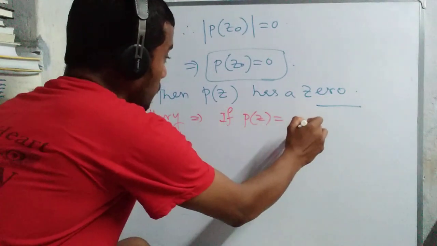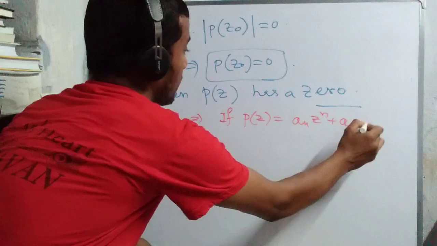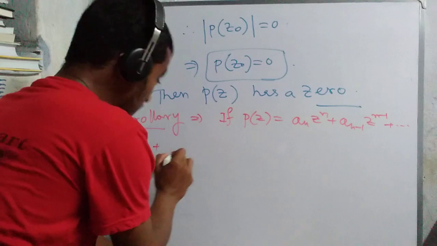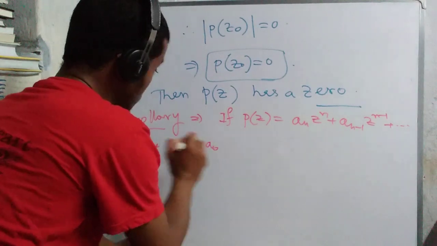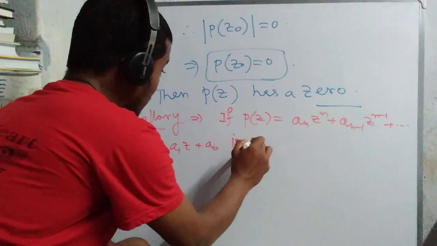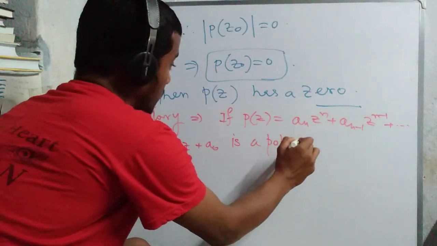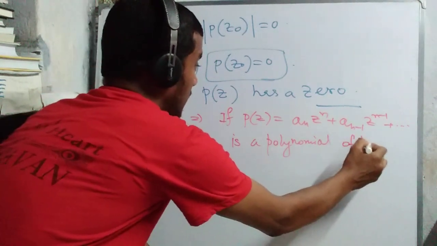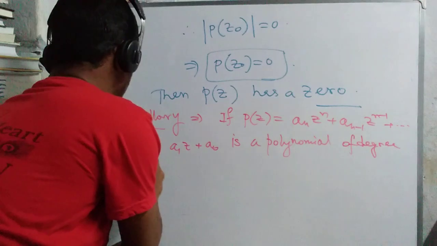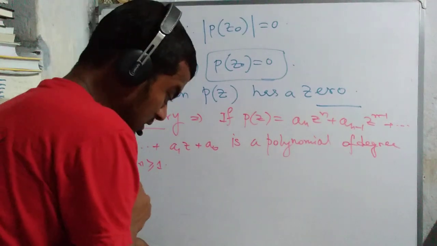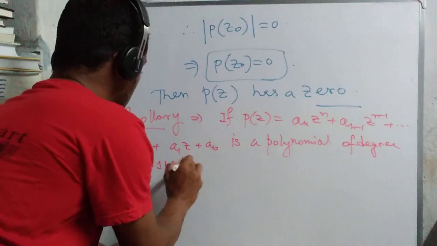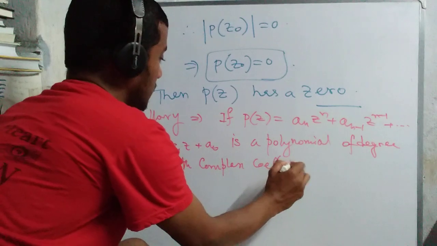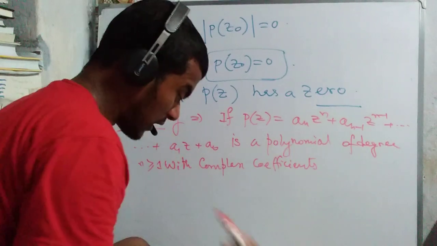We write this corollary now. If p(z) equals a_n z^n plus a_{n-1} z^{n-1} and so on, plus a_1 z plus a_0, is a polynomial of degree n greater than or equal to 1 with complex coefficients, then